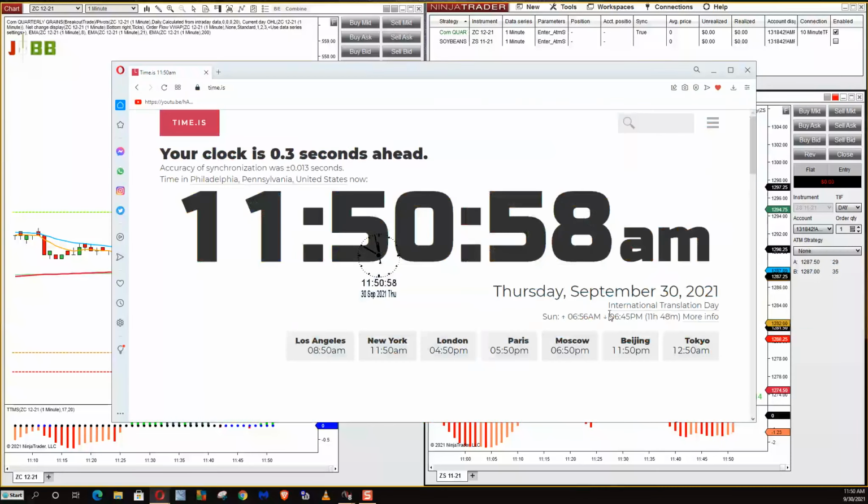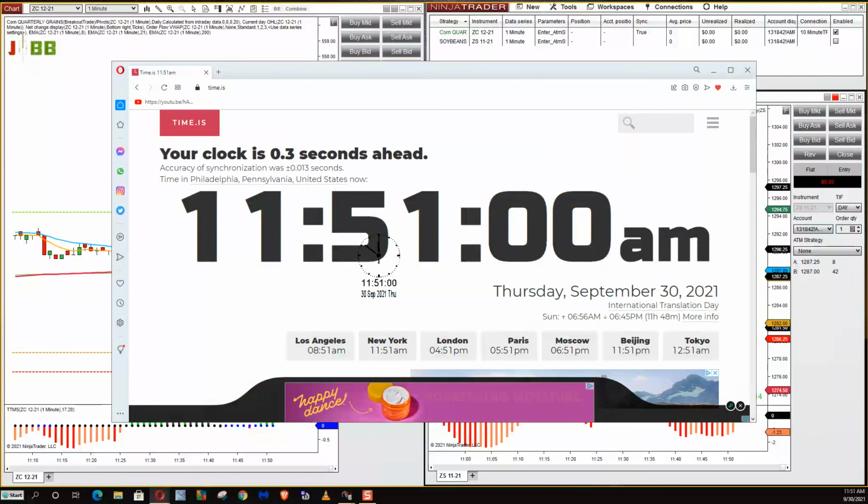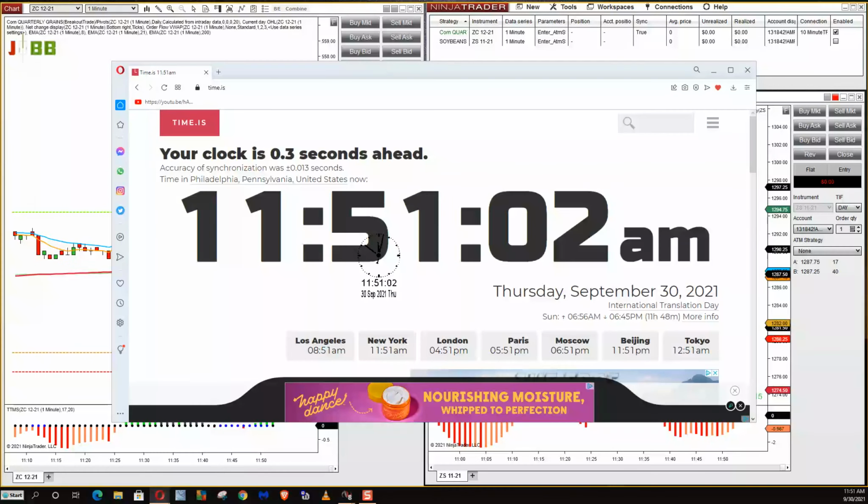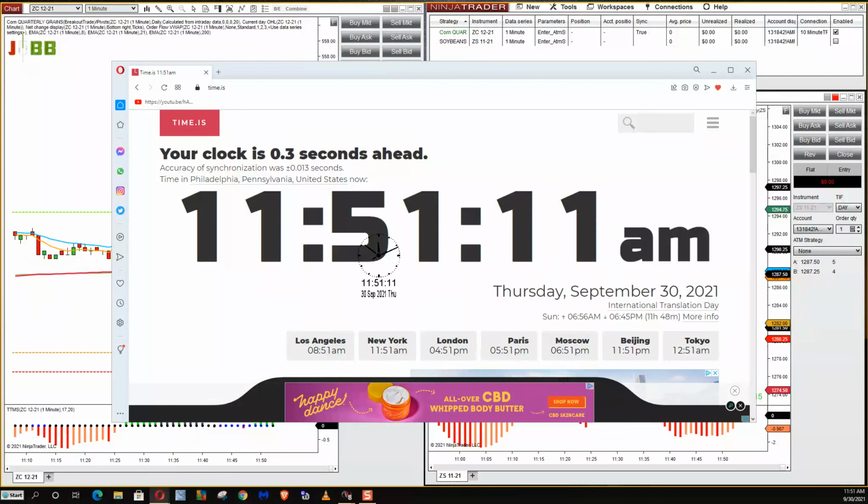There have been time periods on this trade, more so on the WASD, where there have been slow entries. In other words, entries after 30 seconds.